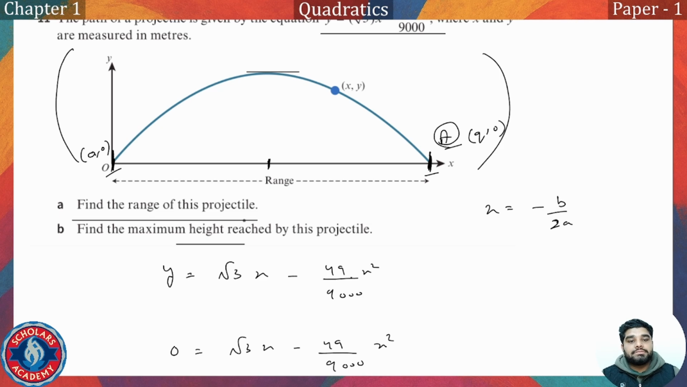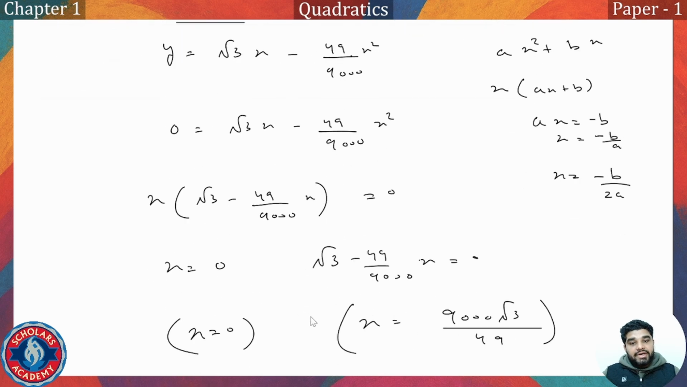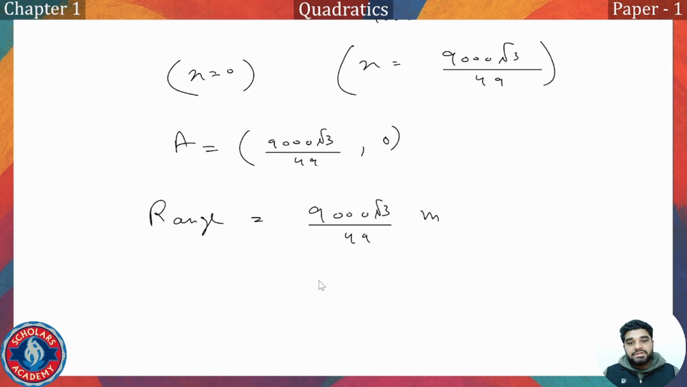If we have a quadratic equation, ax square plus bx, and we take x common, we get x times (ax plus b) equal to 0, so x is equal to negative b by a. This is the complete range. Now half the range is x equal to negative b by 2a. We already know the range, so half of the range, that is x at that particular point, x1, will be